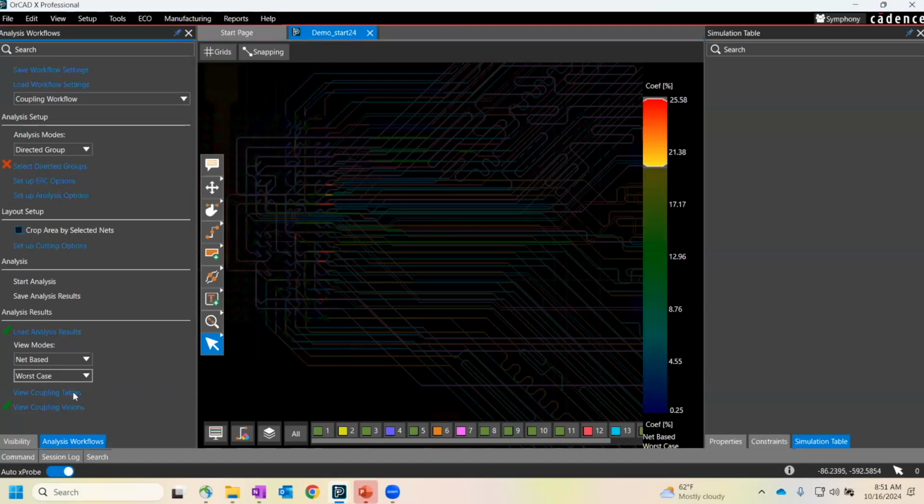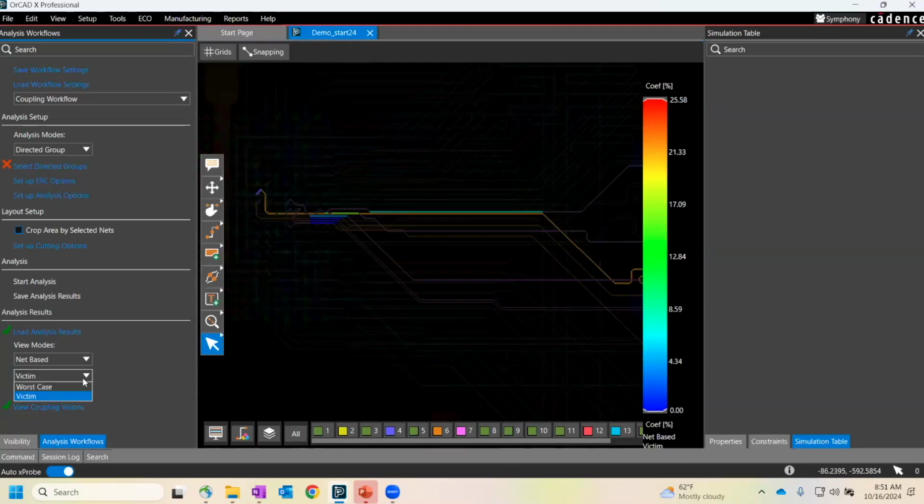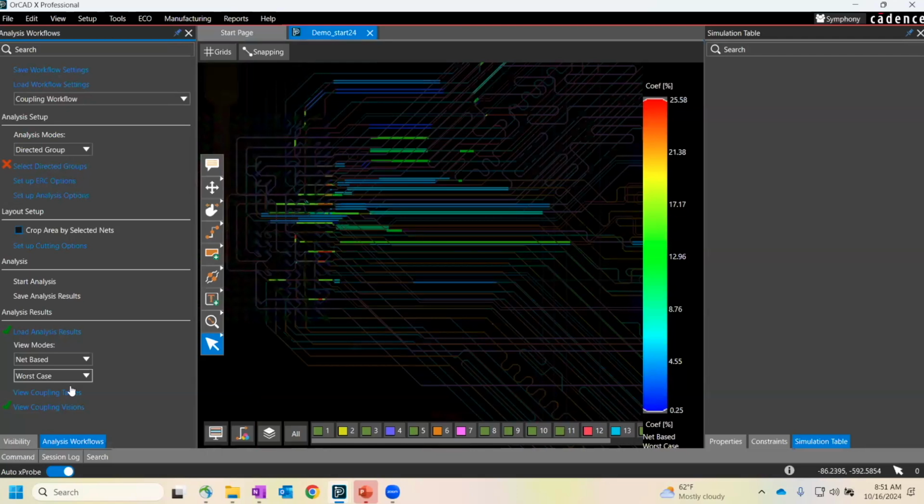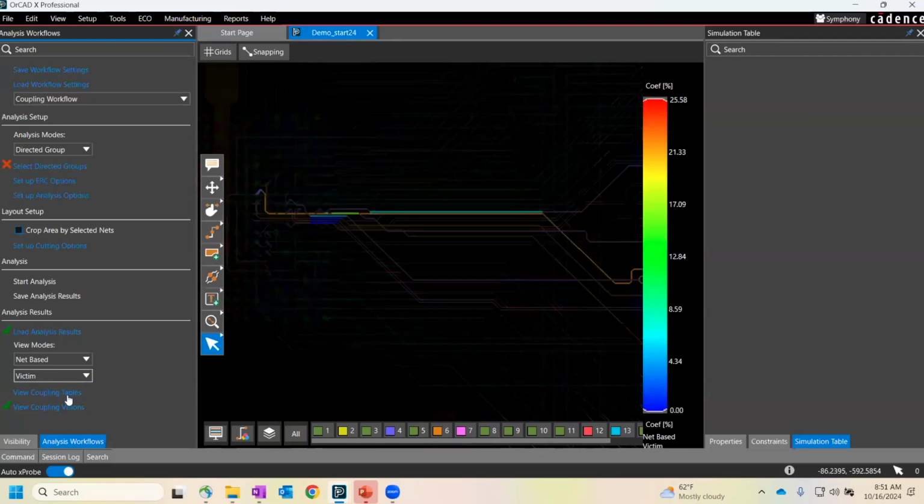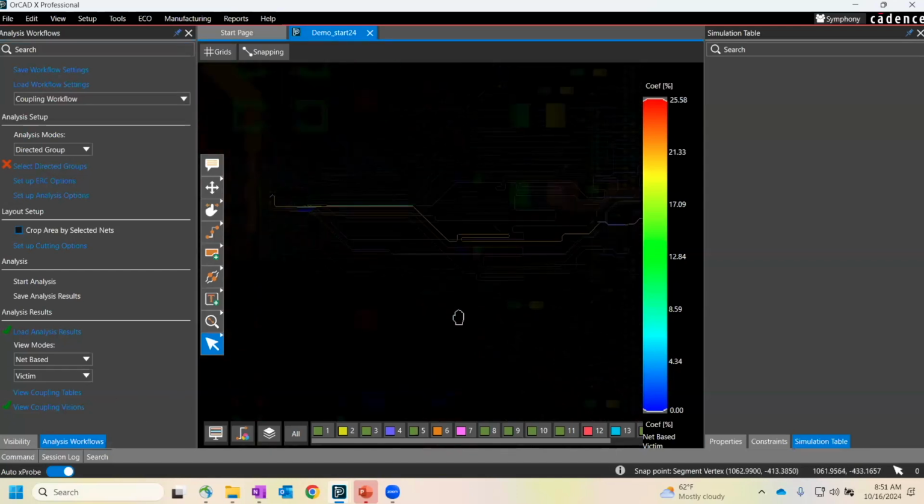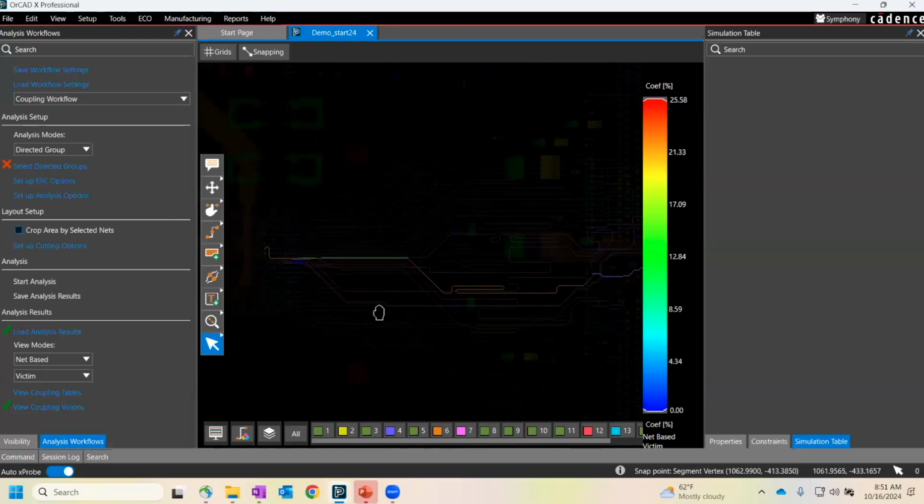You can look at worst case, or you can look at victim net. So worst case just shows those are the segments that have the highest amount of coupling. Victim net shows you the nets that have the most amount of coupling on them from other nets in the design. And so again, you can use these visuals to find the nets that maybe you need to spread apart,